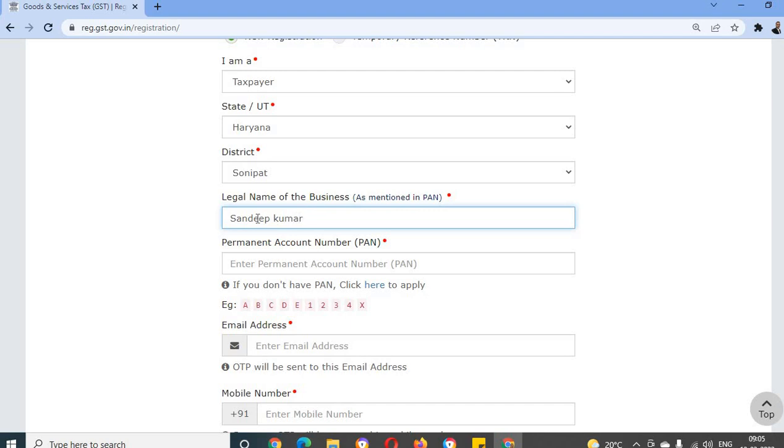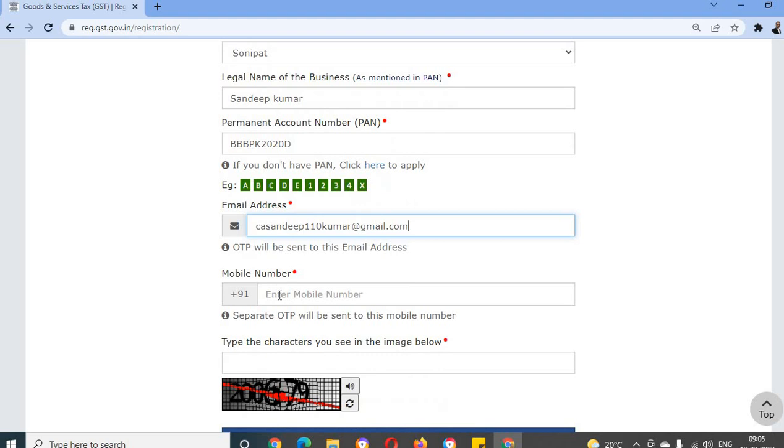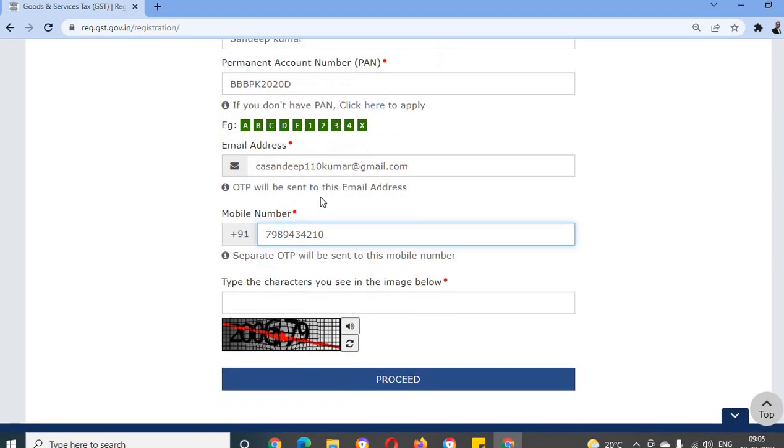Okay, and then I need to write the PAN number, right? Now I need to write one email address over here. So let me do that. After the email address, I need to write a phone number. Now we will get OTPs on these phone numbers and on this email ID. So please make sure that these details are correct and the phone number and email ID are in working condition. Now write this CAPTCHA code over here,